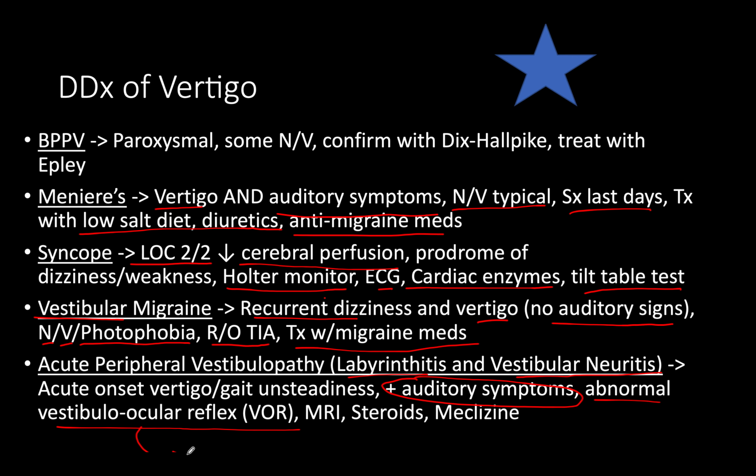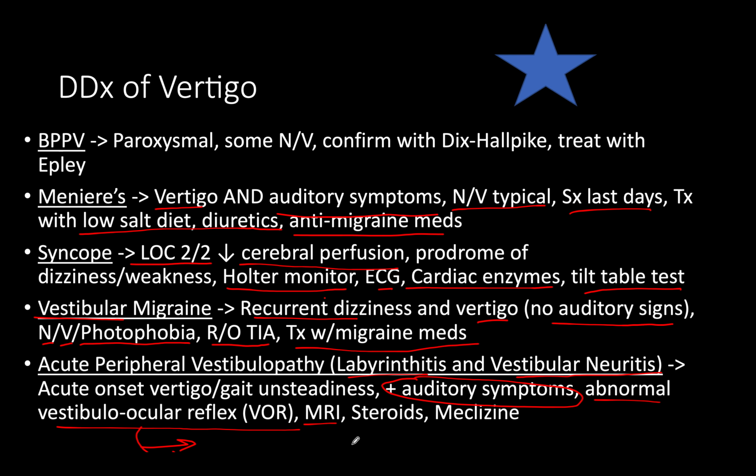This is another test, kind of like the Dix-Hallpike, except in this one, what we do is we have the patient sit across from us and then rapidly turn their head side to side while looking at us. Okay, so we tell the patient, turn your head side to side but stare at my nose. And as they start to do that, and then you ask them to stop, you're going to see their eyes continue to move. You'll see nystagmus. Okay, that's the vestibular ocular reflex. And an abnormal vestibular ocular reflex is when you continue to see nystagmus. You or me, if we did that test, as soon as we stopped moving our head side to side, our eyes wouldn't continue moving side to side. So that's the abnormal reflex.